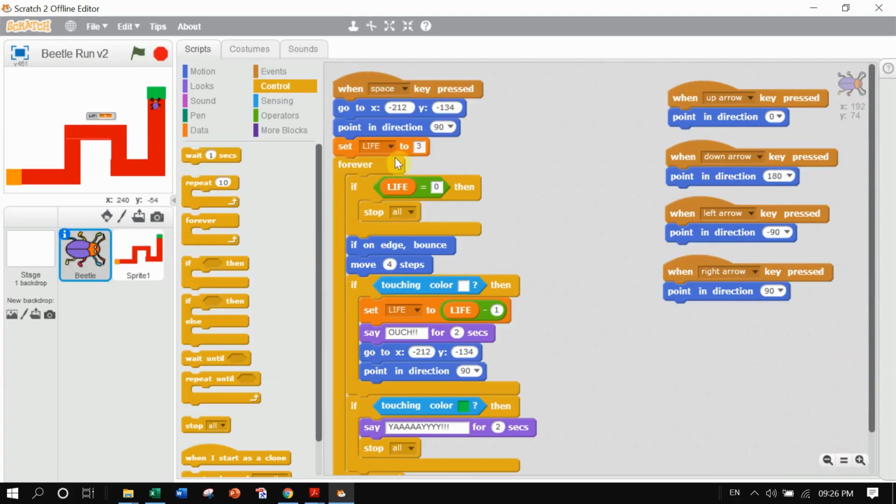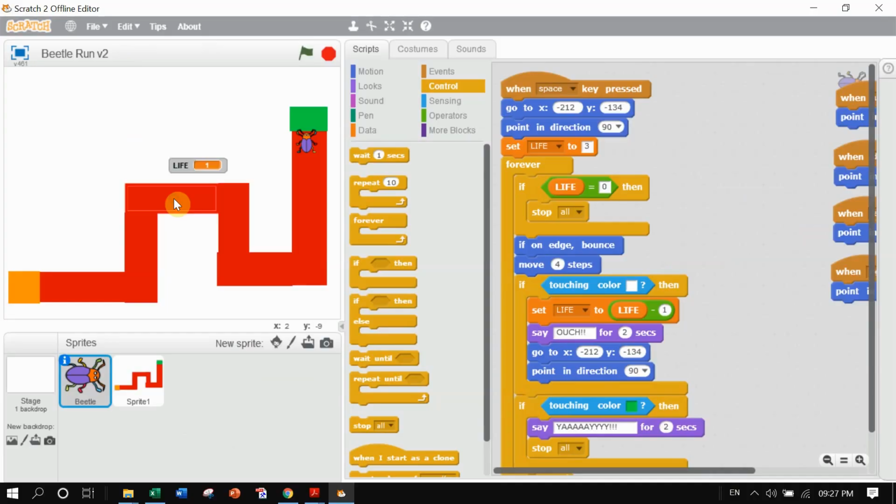So in the beginning life will be set to 3. This if block, if life is equal to 0, will be skipped, rest of the game will follow. As the beetle will touch the white color, life will keep decreasing, beetle will keep coming to the original position, and this loop will keep executing again and again until that if life is equal to 0 becomes true. When life's value will become 0, the script will be stopped.